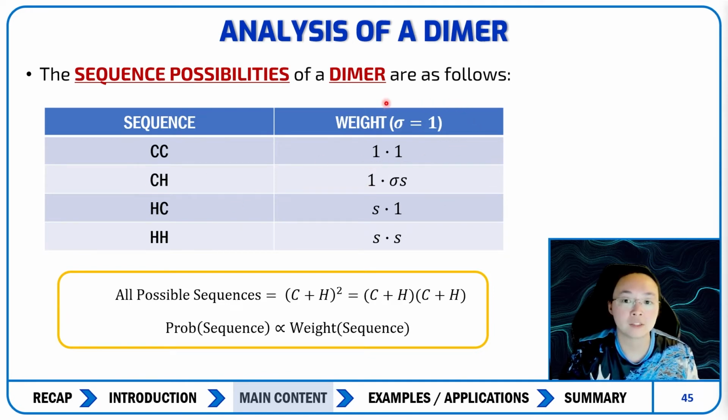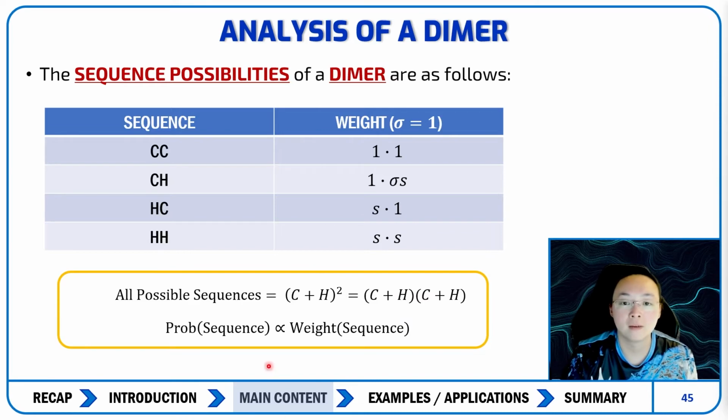One of the things to note is because you do have a dimer where one monomer is stuck to another monomer, in this case, we're just going to assume sigma is equal to 1. We cannot make that assumption as soon as we move up to a longer polypeptide chain. So we're just simplifying this for now and making sure sigma is equal to 1 so we can do the